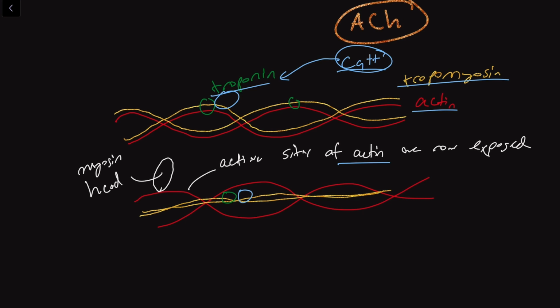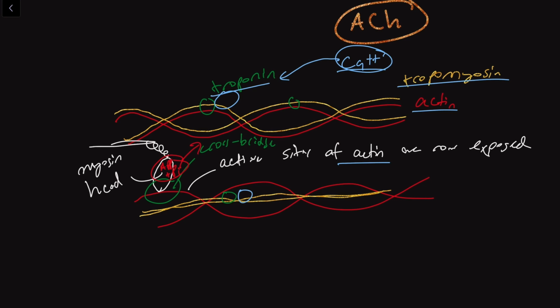And so the thing with the myosin head is that it has a lot of affinity for the actin. And so it's going to form this thing that we call a cross bridge. And so this guy right here is called that actin-myosin cross bridge. And the reason it matters is because this cross bridge will be the fulcrum or the lever point at which the myosin head, which is going to contain ADP, I'm sorry you can't see that, but ADP and Pi, basically these guys, once this cross bridge forms,